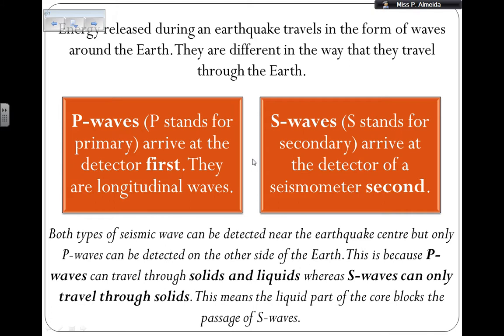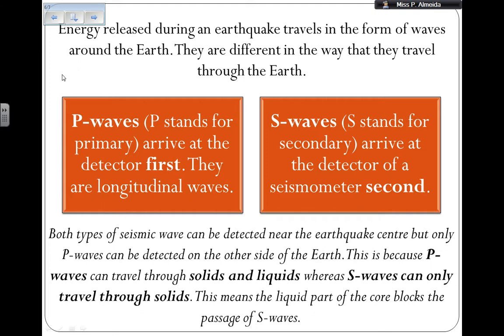Now, the energy that is released during an earthquake travels in the form of waves around the earth, and they are different in the way that they travel. So scientists, especially using P and S waves, could figure out the structure of the earth, okay? Because sometimes some waves would arrive, other times they wouldn't. The long waves pass through the crust all around the earth, so they didn't help as much as P and